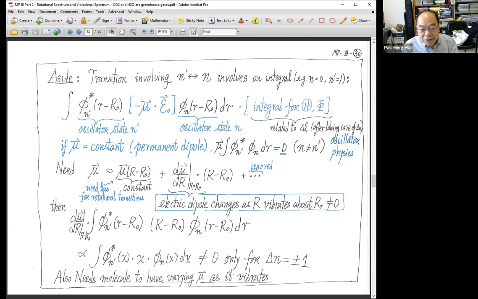Now, let's look into the reason. For a transition between vibrational states, the initial state is an oscillator wave function centered at the equilibrium separation. The final state is another oscillator state, and then we will have this energy, a perturbation, minus mu dot the field of the incident EM waves. Now, this thing,